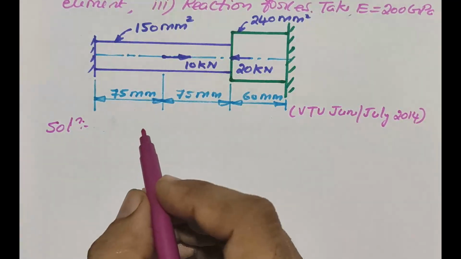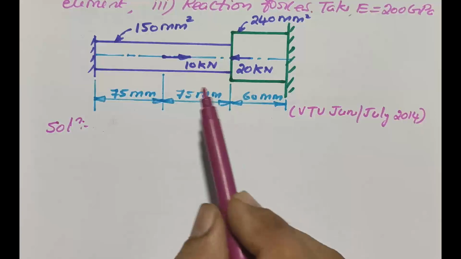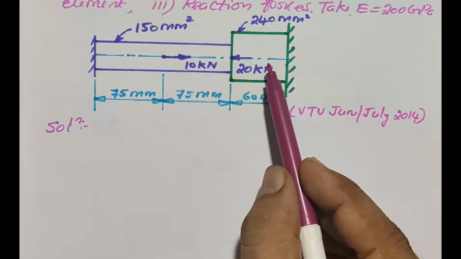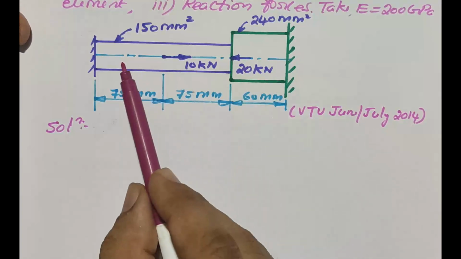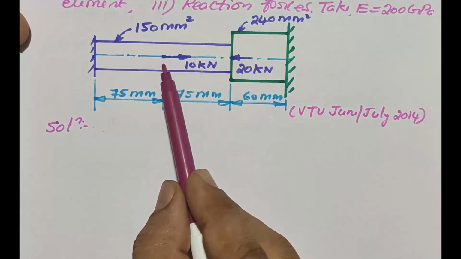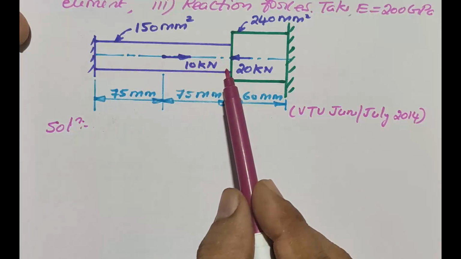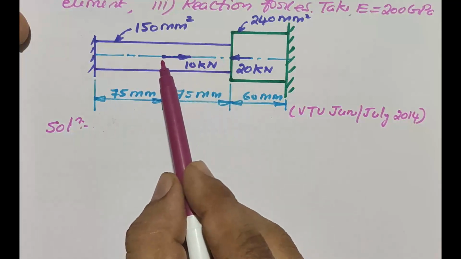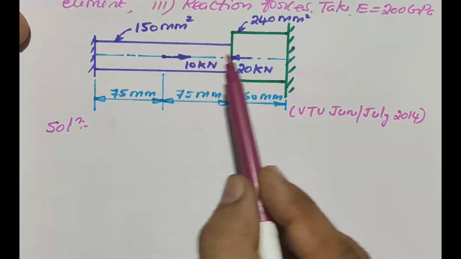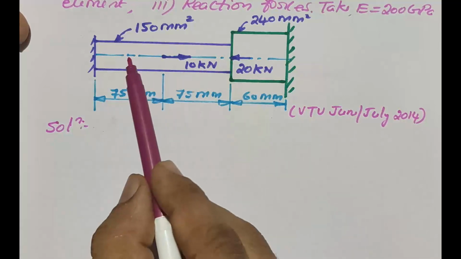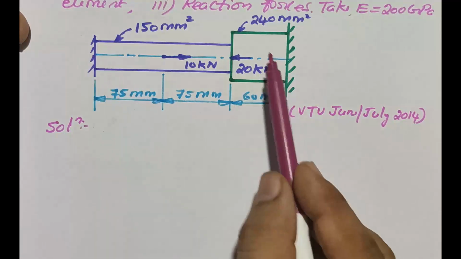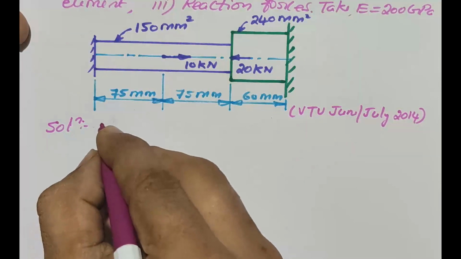We know the first step is the discretization of the given continuum. See here, the bar is made up of two different steps, but for the finite element model you have to use three elements because there is a load of 10 kN at the center of section 1. That's why we have to create one node here. It means you have to use two elements for the first section and one element for the second section. Therefore you have to use three 1D bar elements for the discretization of the given continuum. Okay, now we will write the FE model.